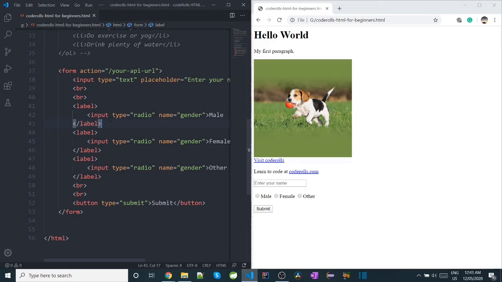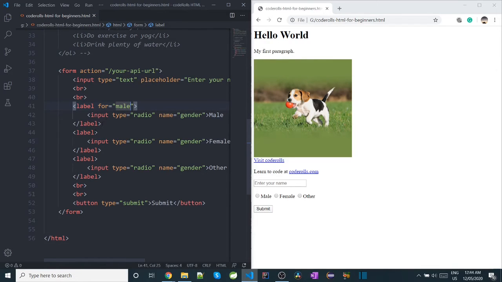It is best practice to add a for attribute to your label element. It helps the assistive technologies to specify that this label element is in relation with this input element. So we will add for and we will give it a value male.